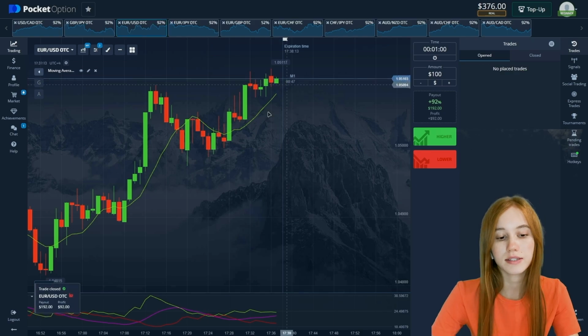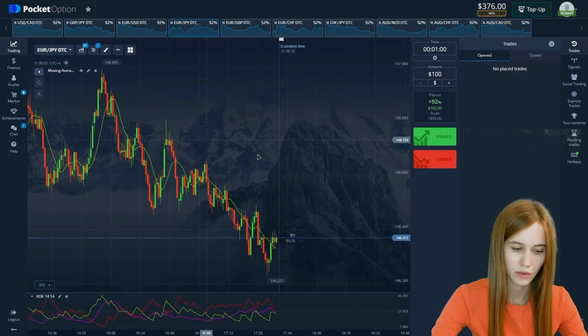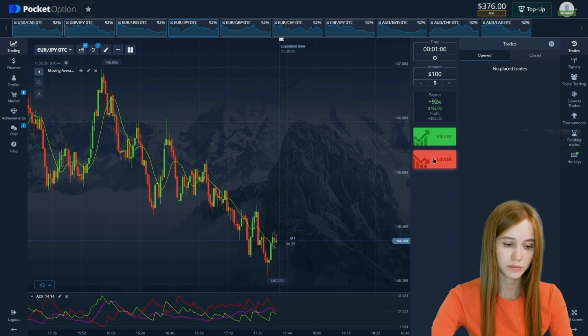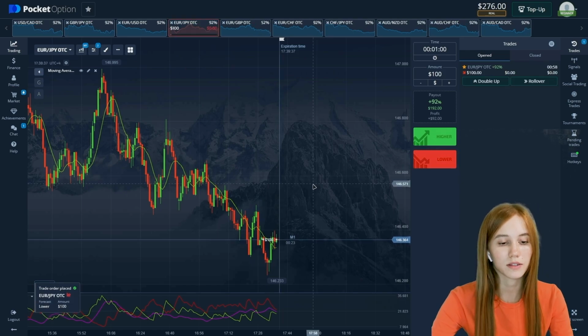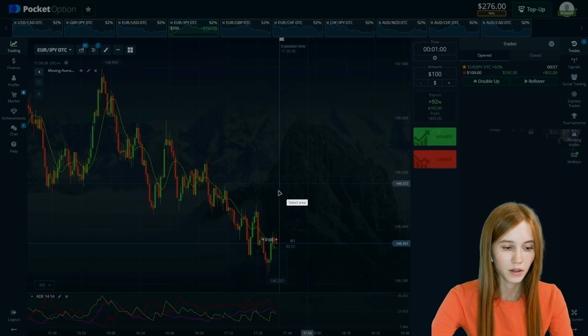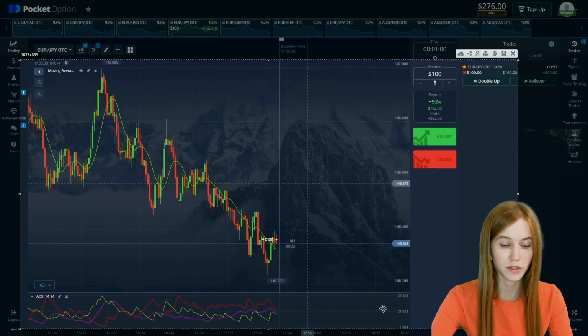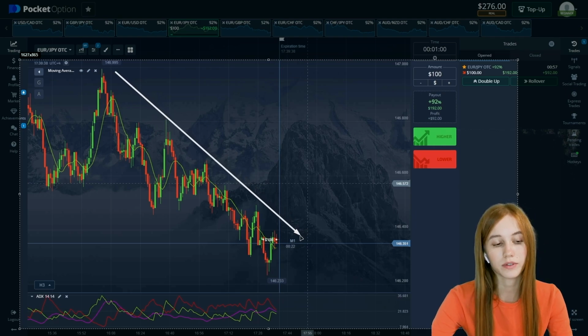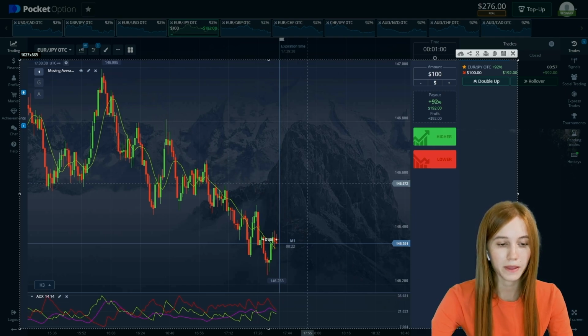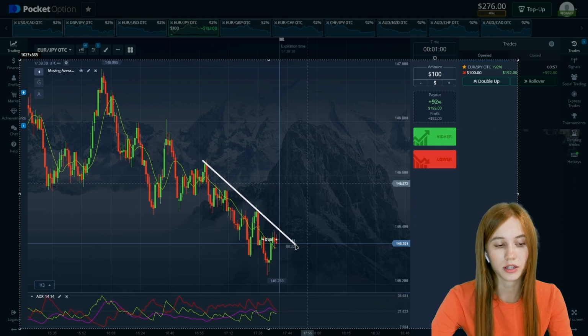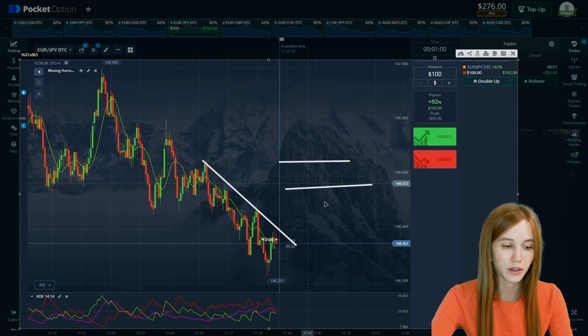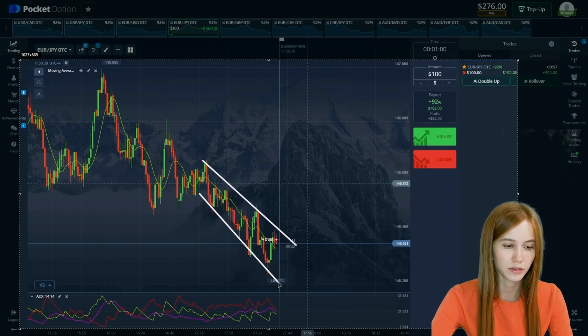Yeah, profit is $92. So let's start our technical analysis. Let's see the situation. The general trend is going down. We'll also highlight the area of resistance and support. There was a test here on the shadows. Also here, highlight